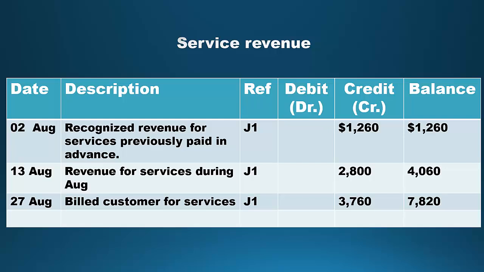Service revenue ledger. 1. Date, write the date, August 27. 2. Narrative, add the narrative, recorded revenue for services performed during August. 3. Reference, include the journal reference, J1. 4. Amount, enter $3,760 in the credit column. We credit service revenue because the company earned income by performing services, and increases to revenue are recorded on the